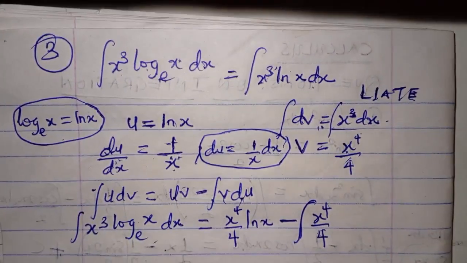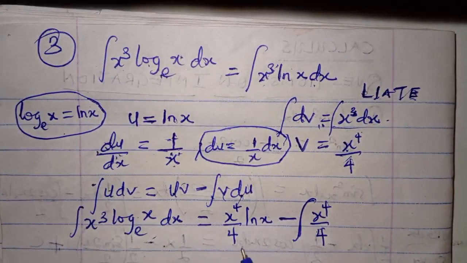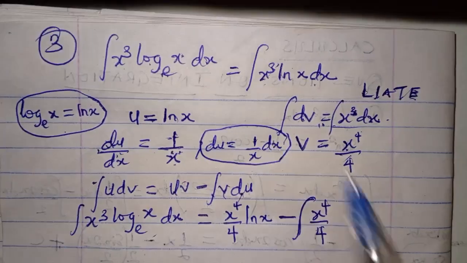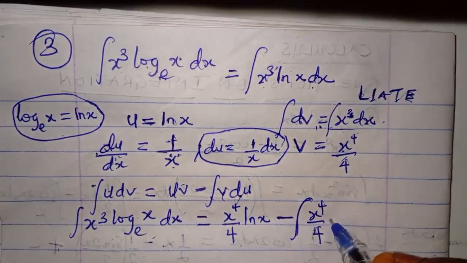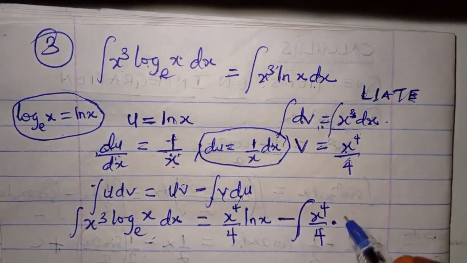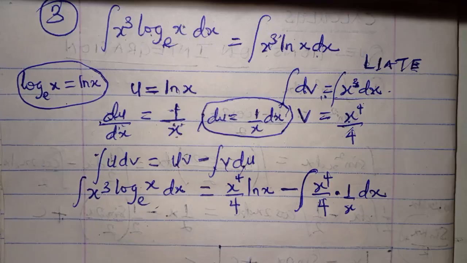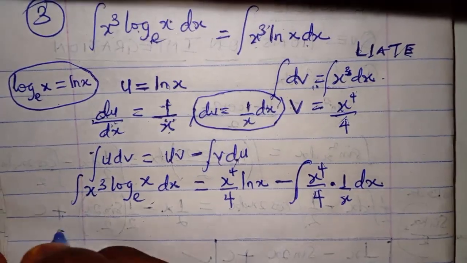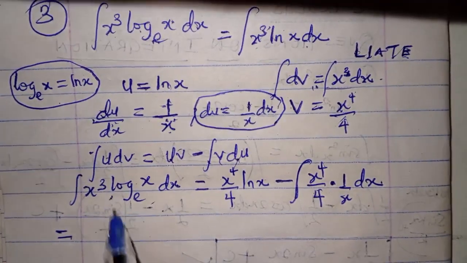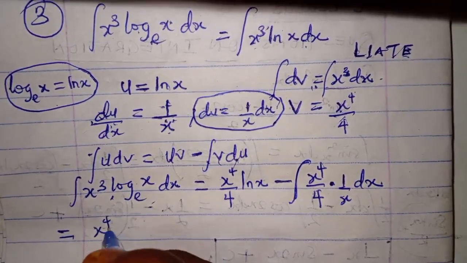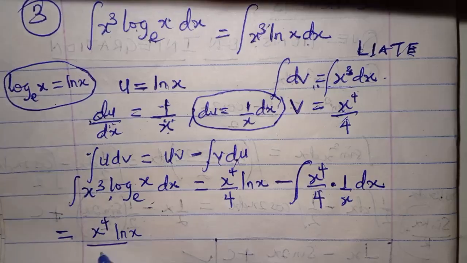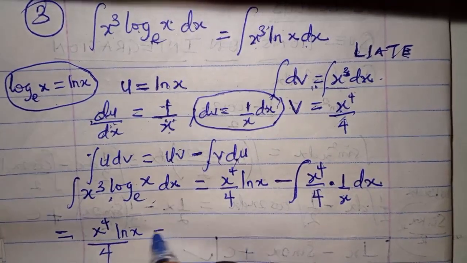So du from here is what? 1 over x dx. So I'm going to write times 1 all over x dx. Let's proceed. So we have this integral is equal to x to the fourth ln x all over 4 minus,